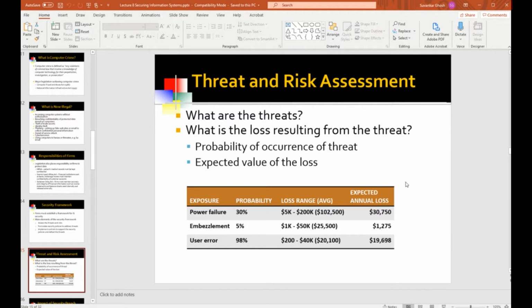So it helps you in prioritizing the threats. But one other thing that it has done, and there have been studies done to show this, is that research had shown that company managers often tend to discount low probability events altogether.